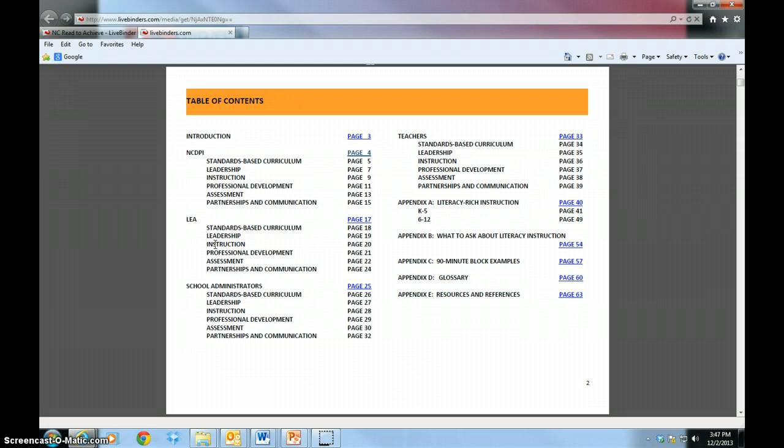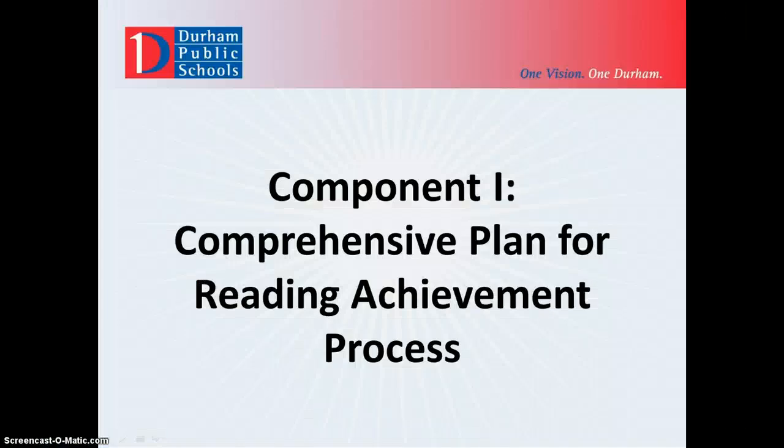Durham Public Schools will use this template as its foundation for developing the district comprehensive reading plan. Please note that this process is still ongoing at the district level. In reference to parents, you may not see the comprehensive reading plan per se, but we hope and expect that you'll see increased rigor and higher expectations in the classroom in the area of reading. This plan is comprehensive and will take some time to develop, but once it's developed, we at the district level truly believe it will have a dramatic impact on all our students, kindergarten through 12th grade, and their ability to read and read at high levels.